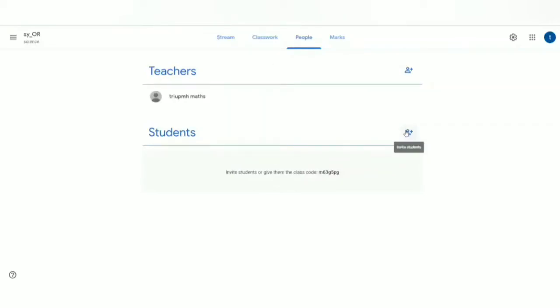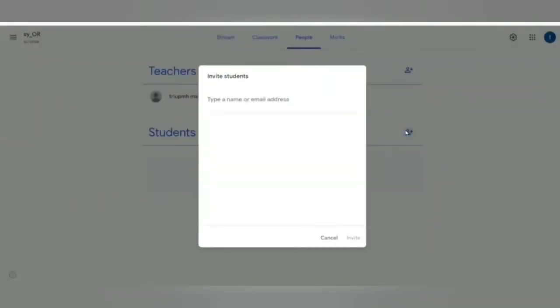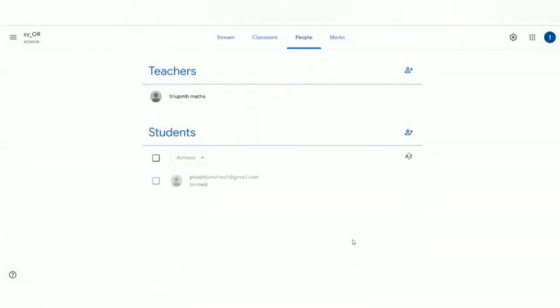And if you have the list of their email IDs, then you can just click on this. You can invite a student. So suppose, for example, I'm trying to invite this student now. When you type the whole email ID, it appears over here, and then you can click on this. So this invite option becomes active. Now when you invite this student, the student gets your invitation on his or her mail ID, and students can join it easily.